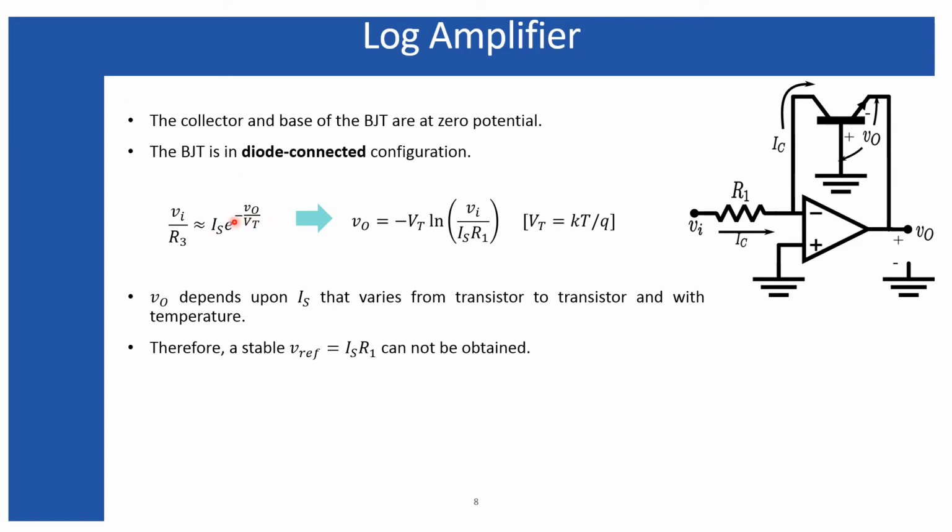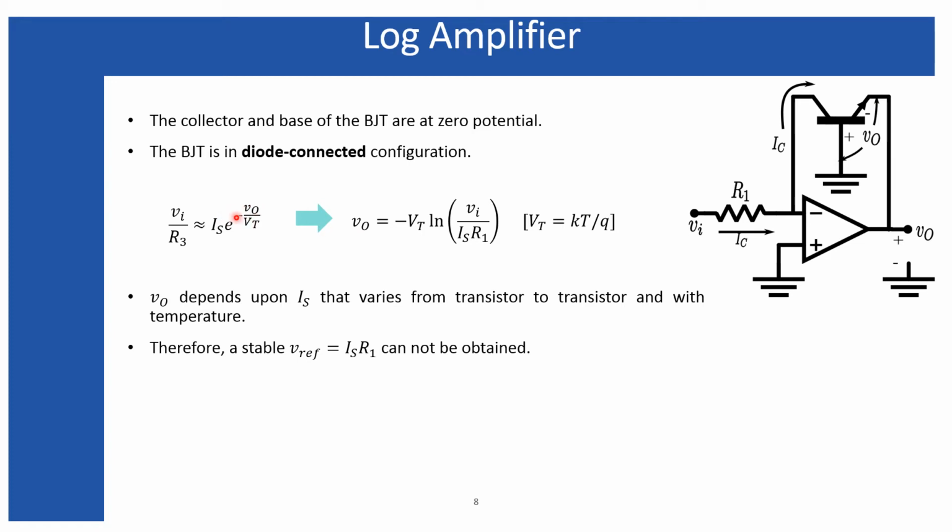But V0 is placed with a negative sign, because in general the expression includes VBE, but here the base-to-emitter voltage is equal to minus V0, because V0 is at the emitter, where the base-to-emitter voltage should appear. Therefore minus V0 represents the base-to-emitter voltage. So V0 is basically equal to the emitter-to-base voltage.